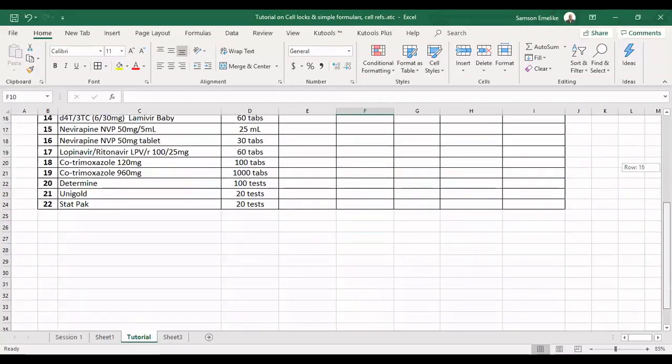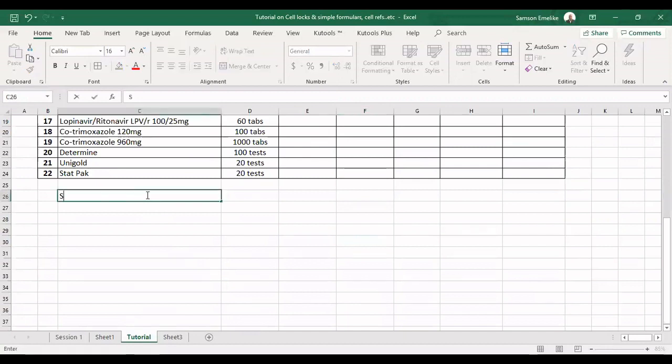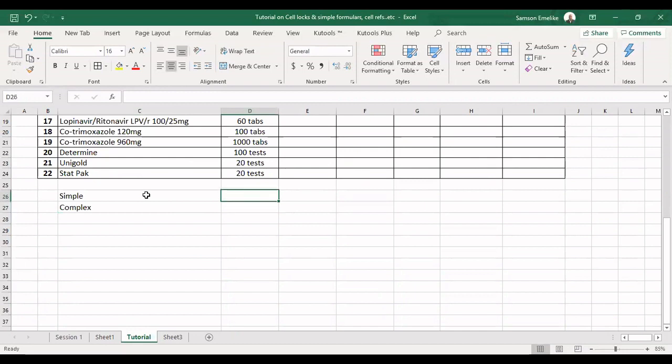Now let me scroll up. Here we have simple, here we have complex, right? So here, an example is, let's say we have, let me use 25, 10. Okay, so let me just come over here,